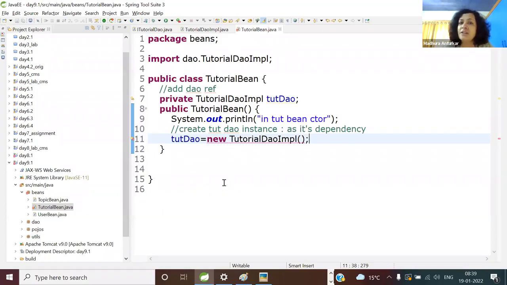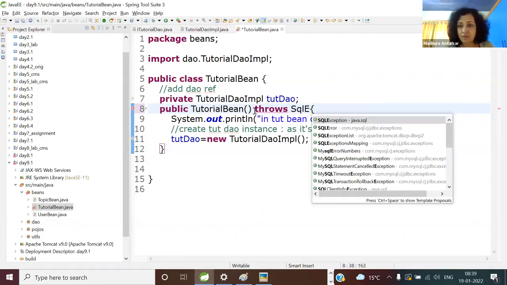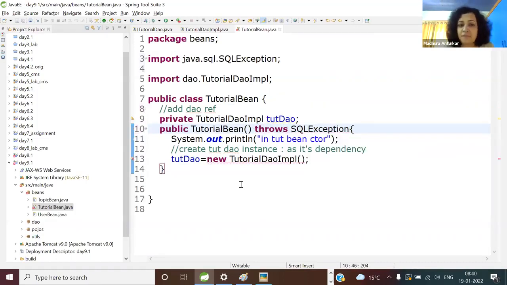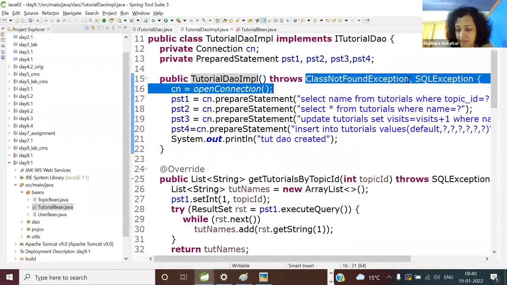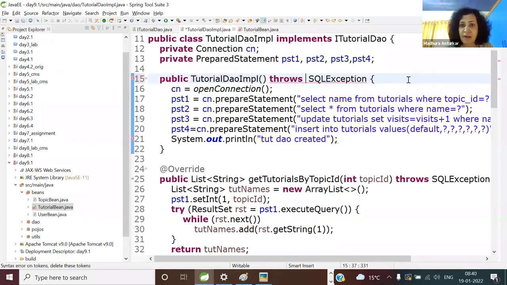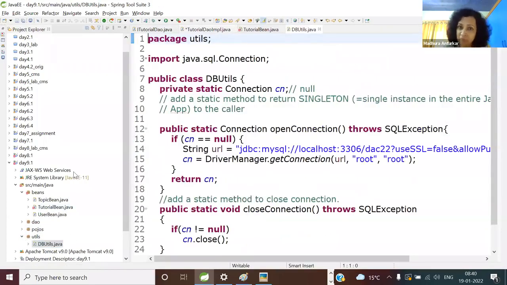Are we going to do the centralized error handling? 100% yes. So throws SQL exception. Again, I think I have a problem here. So yeah, it's unnecessary. If you're using my DAO layer, please remove this, because I'll tell you, if you're wondering from where